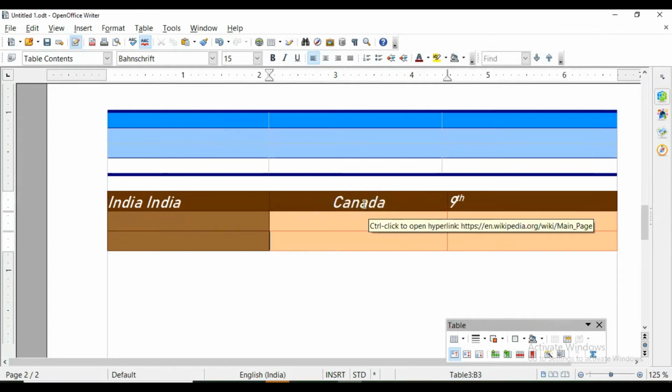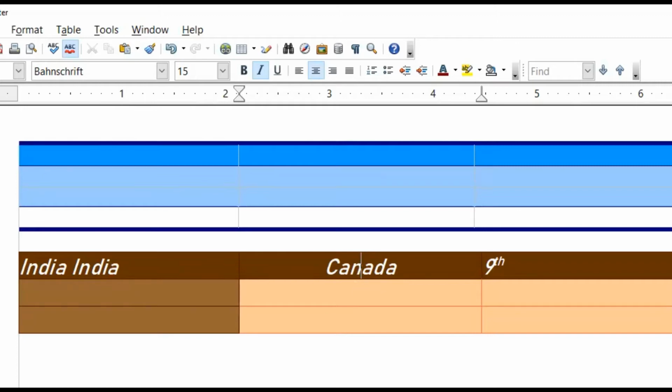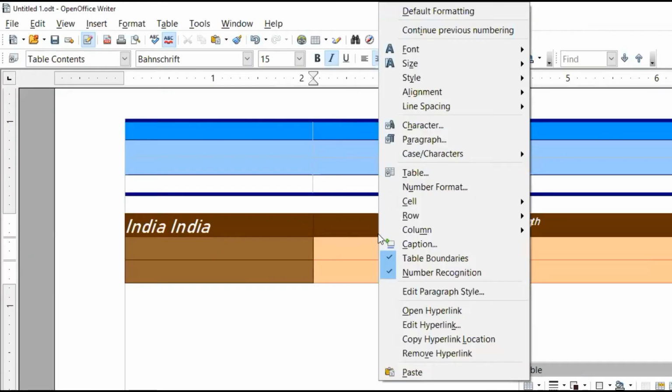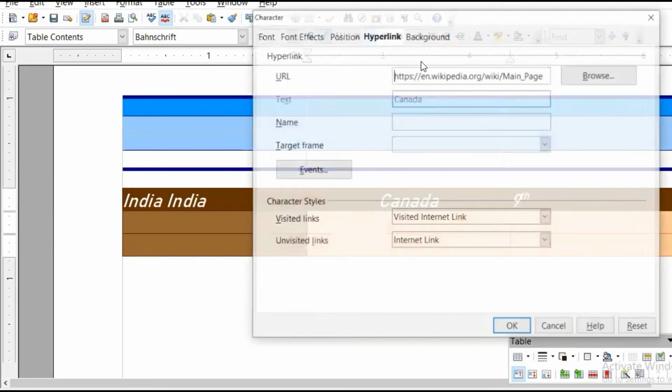Now press Control and then click. Now I have clicked with Control here, and now this is opening. This way you can give a hyperlink.